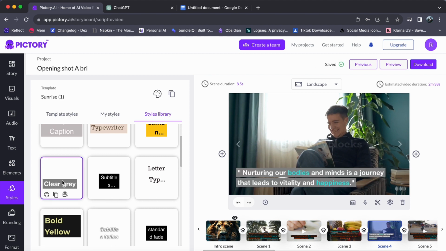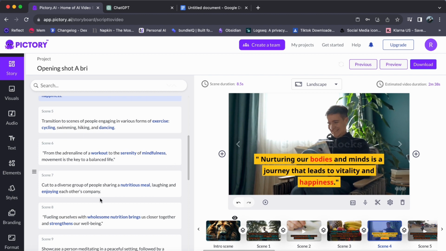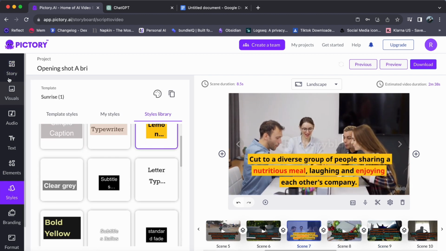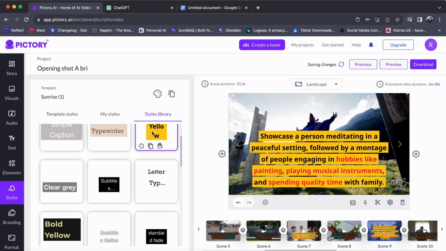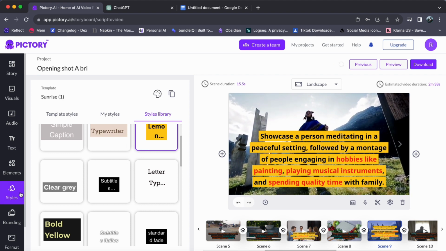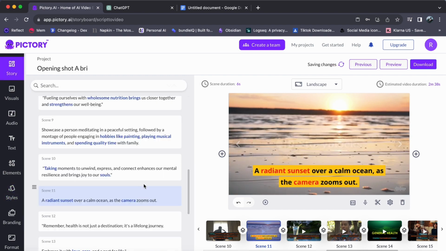Upon selection, watch the style effortlessly transform your scene's appearance. Step 4. Repeat the process for other scenes, infusing each one with its own distinct charm. In just a few clicks, your video becomes a tapestry of creativity, each scene showcasing its unique